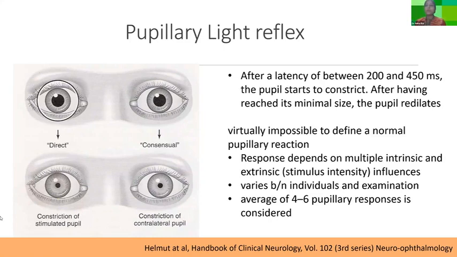It's virtually impossible to define a normal pupillary reflex because the response depends on multiple intrinsic and extrinsic factors. It is dependent on the stimulus. The stronger the stimulus, the faster, the brisker and the more prolonged the response will be. It varies between individuals, depending upon the mental state of the patient. Anxious people will have more dilated, less reactive pupils. So on an average, we must take at least 4 to 6 pupillary responses to comment upon the pupillary light